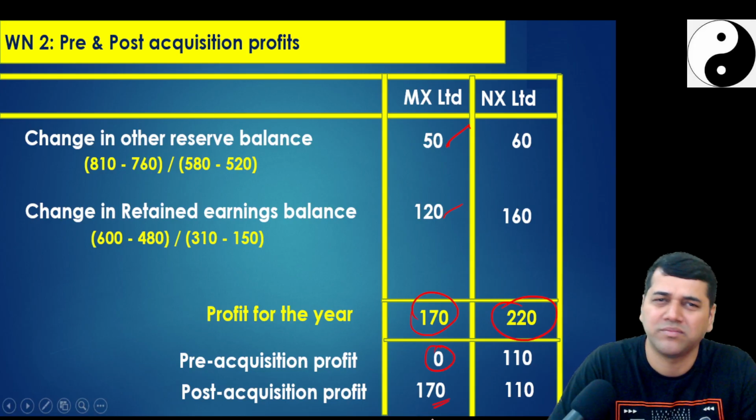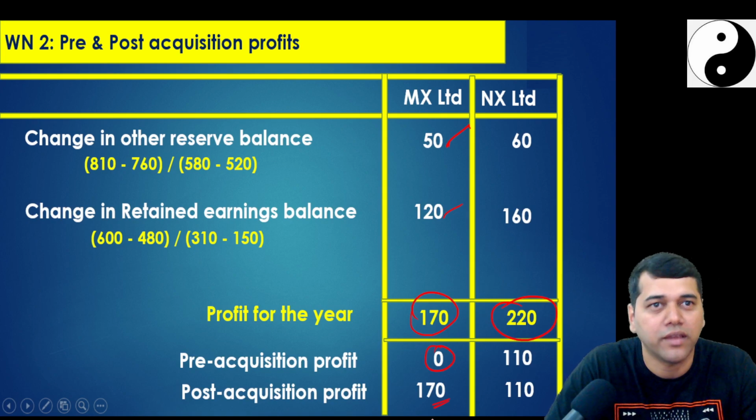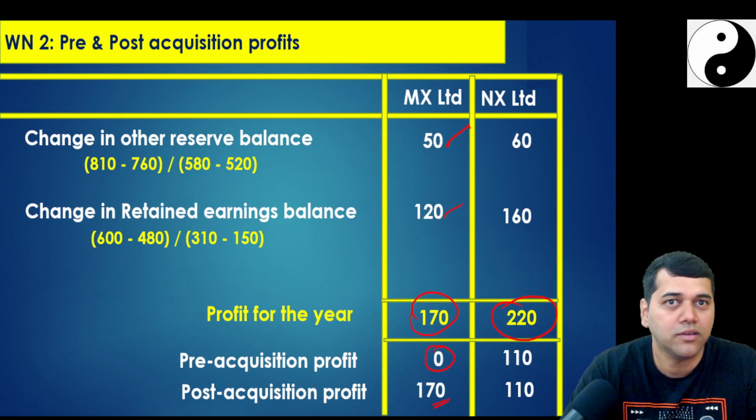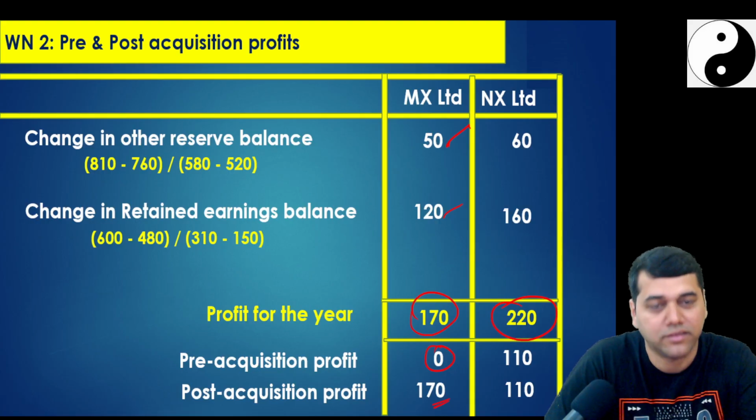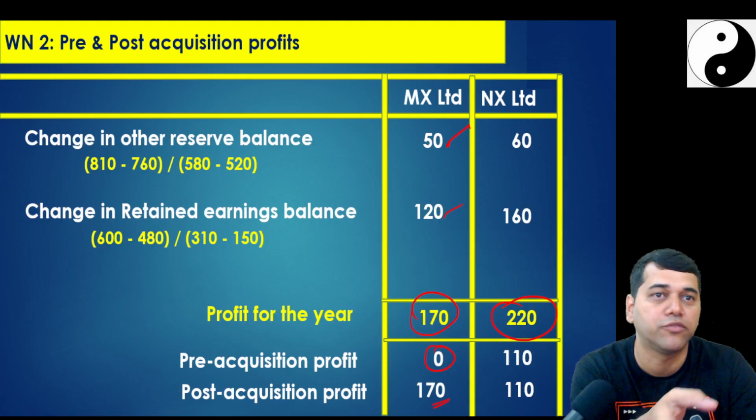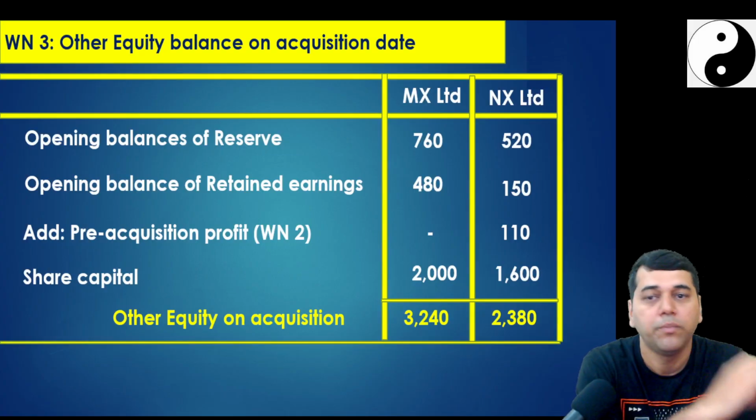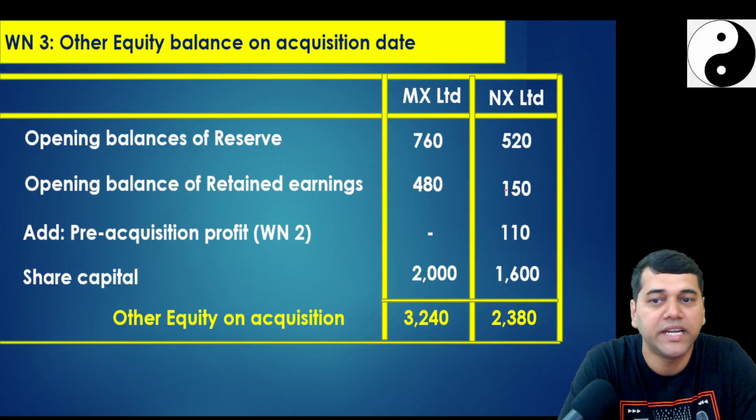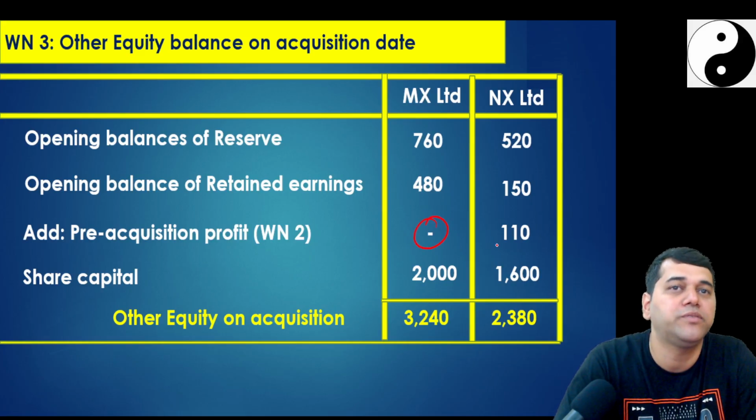50-50. No problem. See, that's fine. I'm okay. But understood, no? Logic you understood, right? Yes. Why are we doing this working? What is the meaning of this format? Opening balance of the reserves, opening retained earnings, only the profit becomes 0 here.